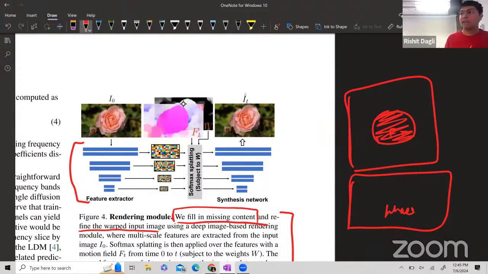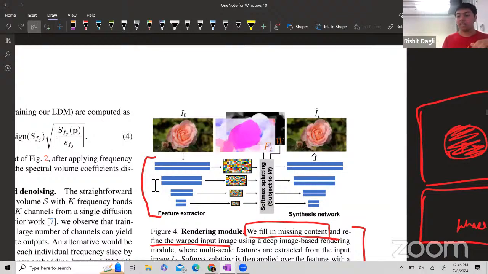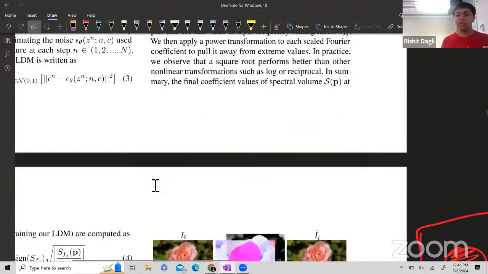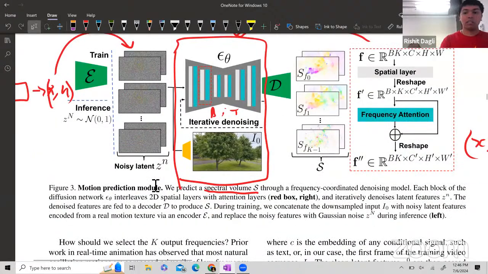So where do the features come into play then? Why do we need a feature expand? Oh, yes. From what I understand, the features are coming from figure three, from this neural network.